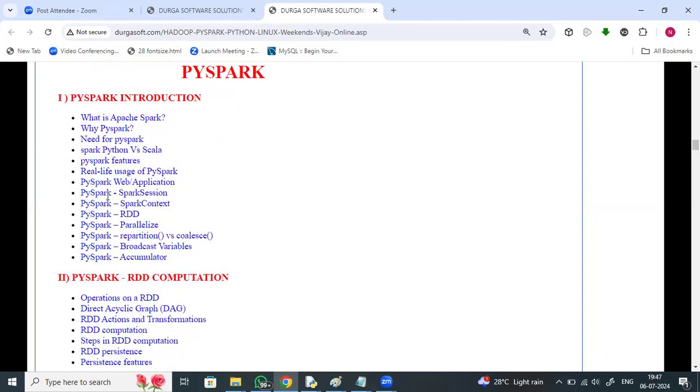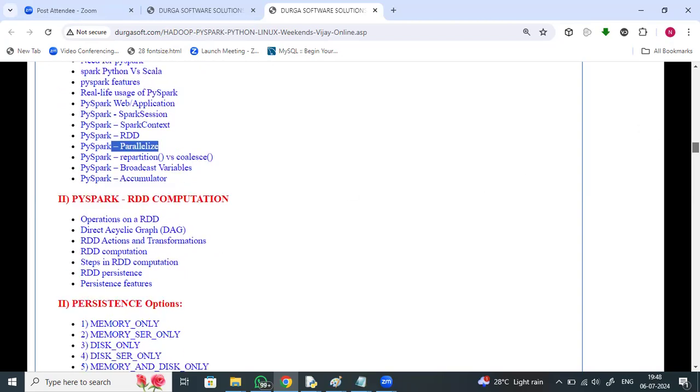PySpark session, PySpark context, parallelize, repartition, right? Broadcast variables, accumulators, PySpark RDD computations, right?